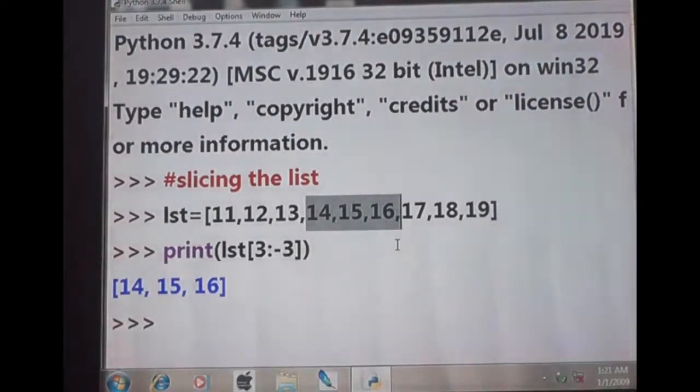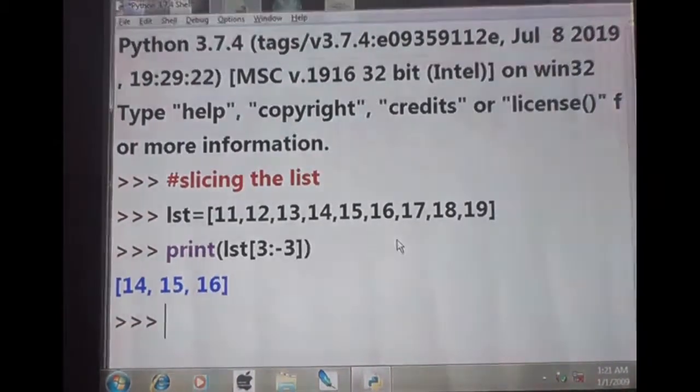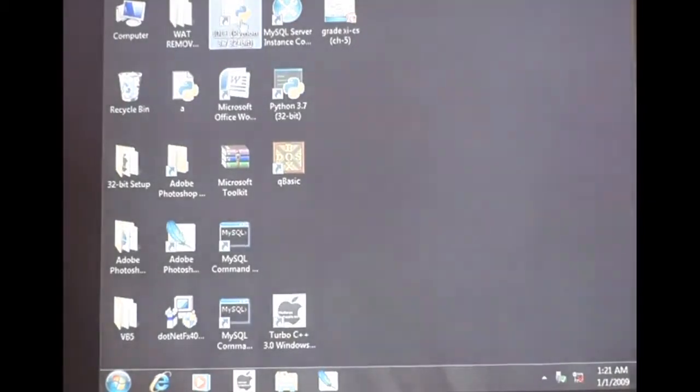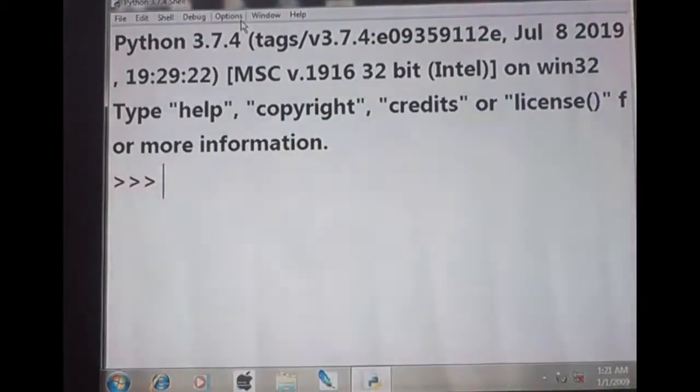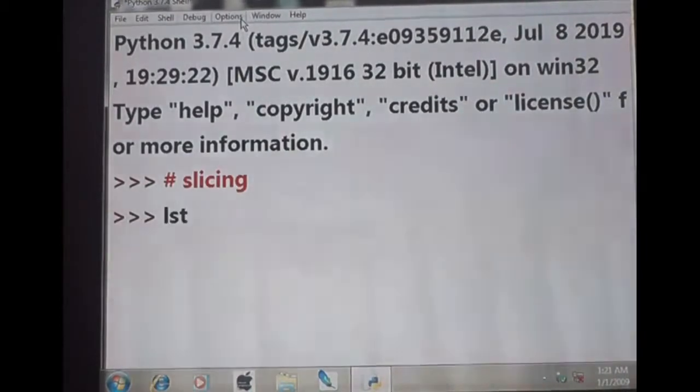And now listen. We know the list value, so we can close this. Once again I will open a new one. What we are going to see is again slicing only. So list is equal to 22, 33, 44.